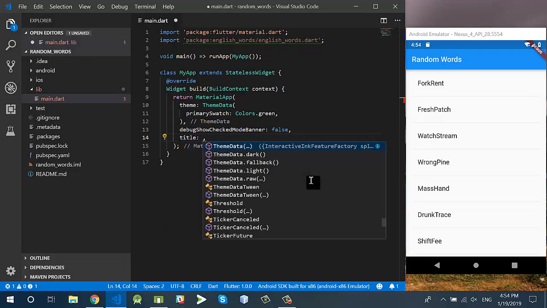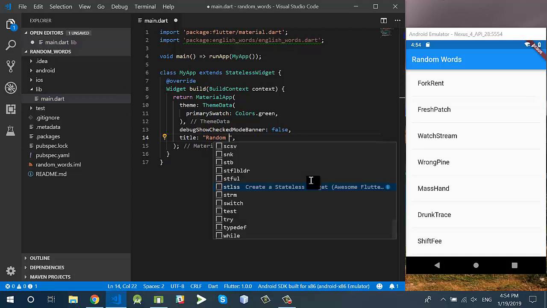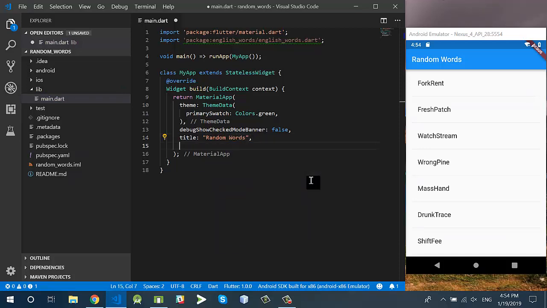And the title of this application is random words, and the home is